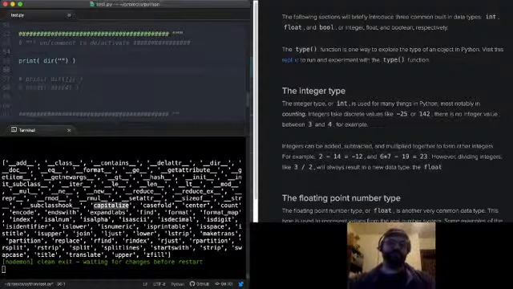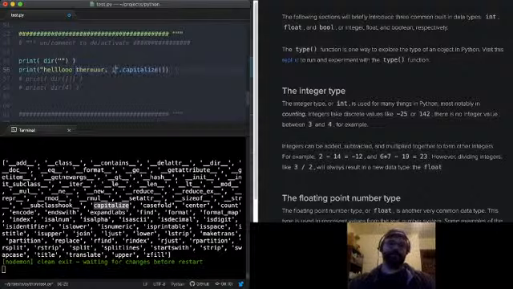So if I print a string like hello there, that's not spelled correctly at all, and I call .capitalize on it, capitalize. Hopefully I spelled it correctly. Did I? Capitalize. Hello there, you.